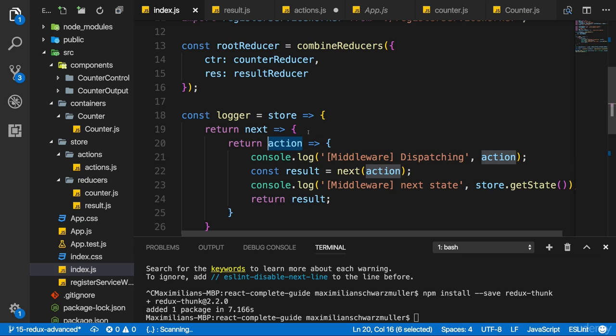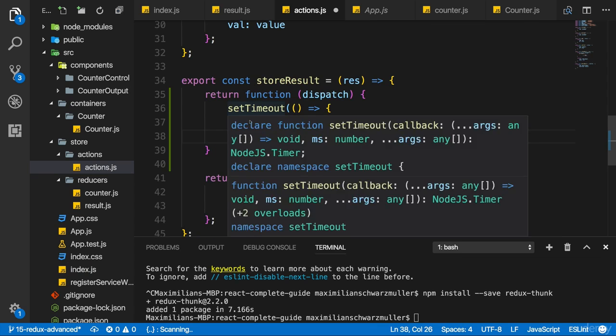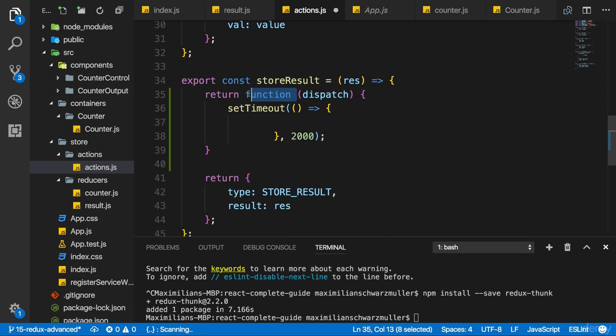Now the new action will reach the reducer, but in between, Redux Thunk is able to wait because it can dispatch an action whenever it wants. This is the asynchronous part, and that is exactly what allows us to execute some asynchronous code inside of this function. And of course, we can also use good old ES6 arrow syntax here, like this.